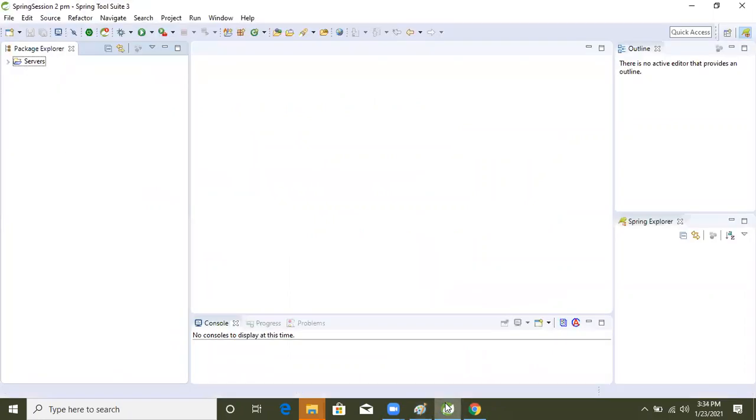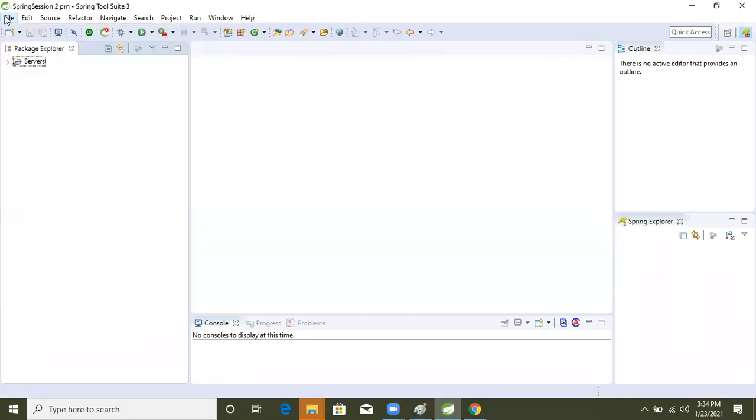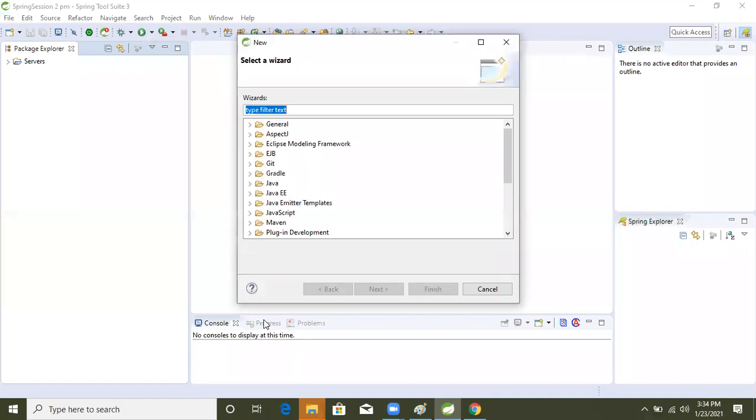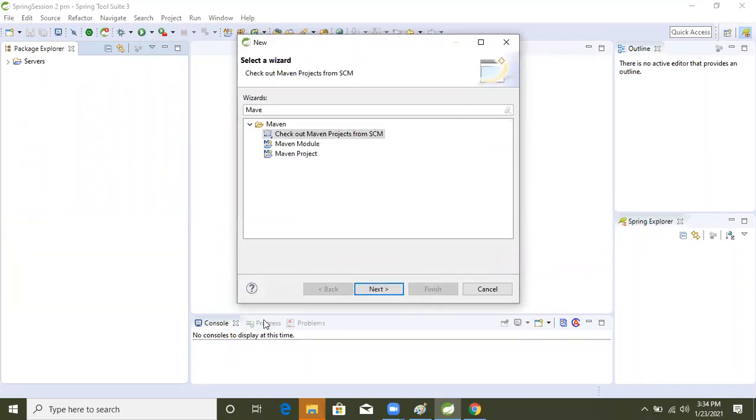So now let's understand. Let's develop one project, means new file. We will select file, new. See, in my application the Maven project is showing here. If anybody does not find this folder, what you will do, go inside other, just search Maven, see Maven. Now select the Maven project. Next,